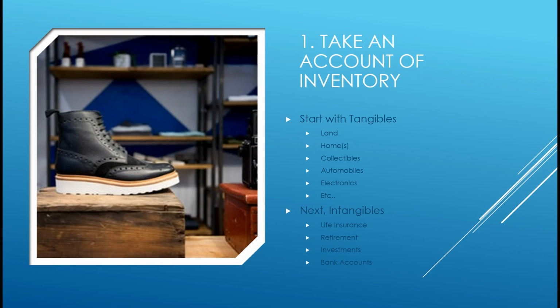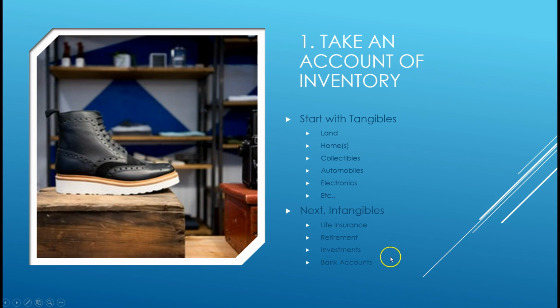Write that down. There's a lot of great websites out there like Vanguard and Fidelity. They offer a couple of really cool spreadsheets for you to write that down with and to save it somewhere on a cloud or on a hard drive, somewhere safe. It's good for insurance, but it's also good for passing it down to your children or whichever. Next, we have intangibles, which is your life insurance, retirement, investments, like stocks, bonds, annuities, etc., and